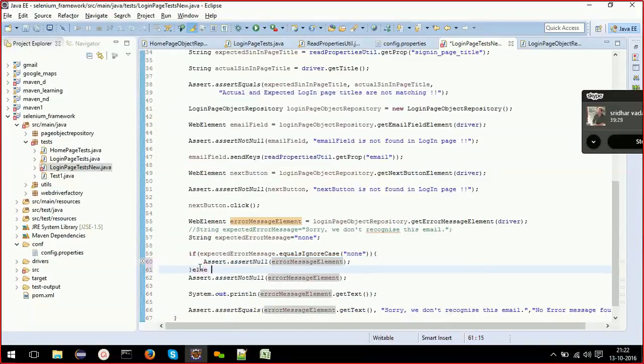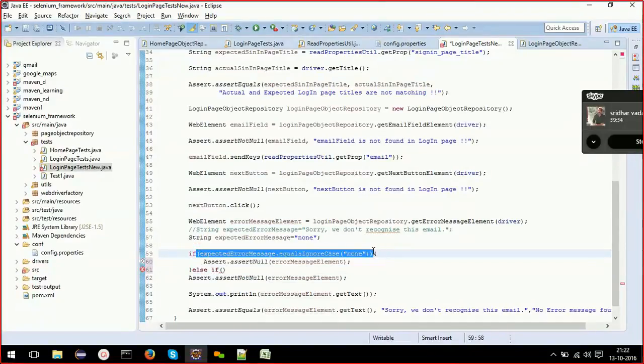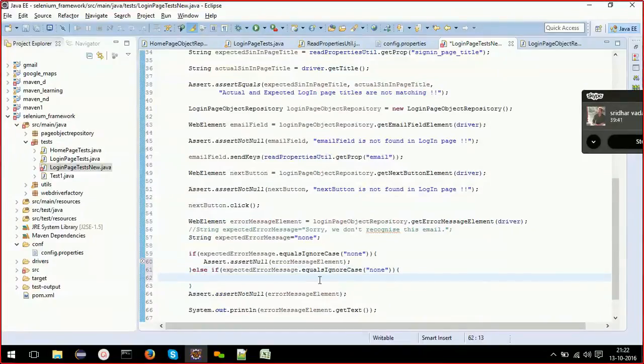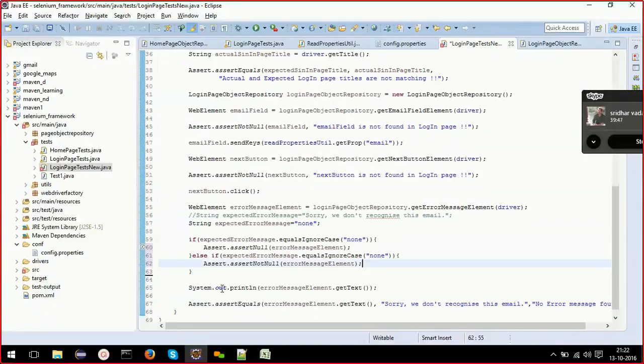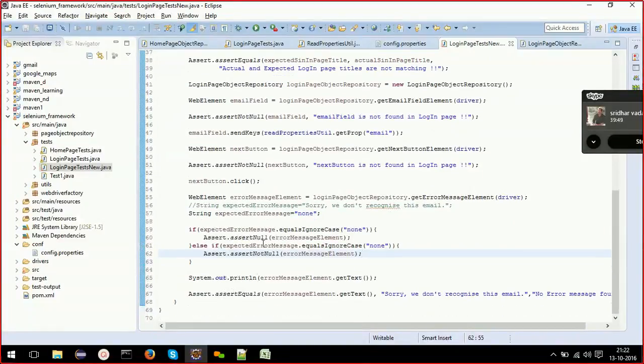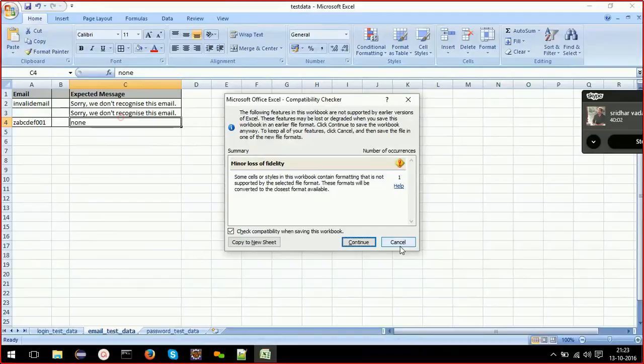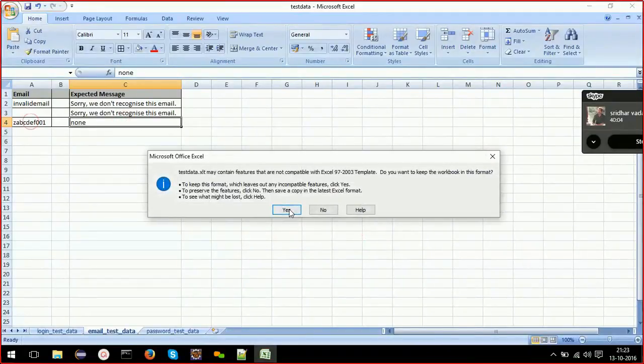Okay, else if. In case of none, that is expected error message is none, that means this case none is the case of valid email.